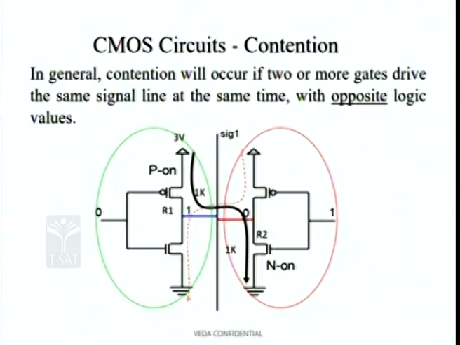The problem arising with contention is that when current flows through two low resistance devices, a lot of power gets consumed, and if this condition is allowed to remain for a long time, the device is likely to get damaged, because this contention may happen at several places inside the device, and it may get damaged because of overheating. That's a possibility, though it may not always happen. There is a distinct possibility. Okay, let's move on with the next slide.